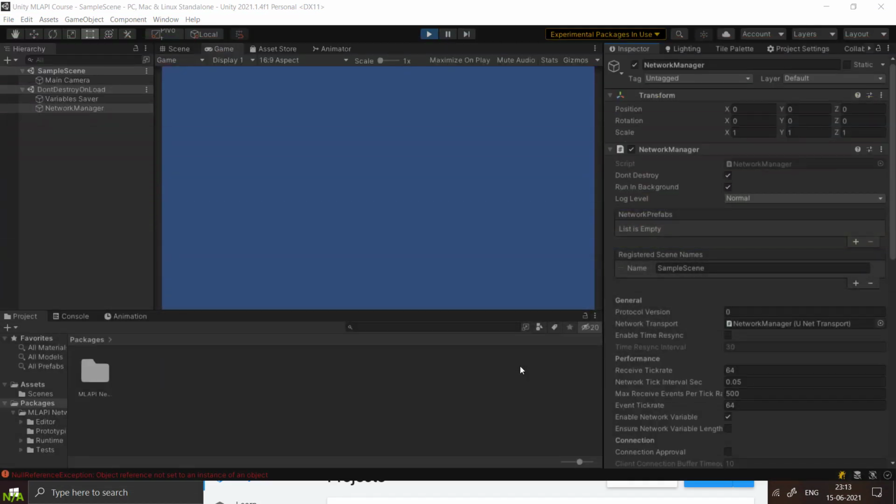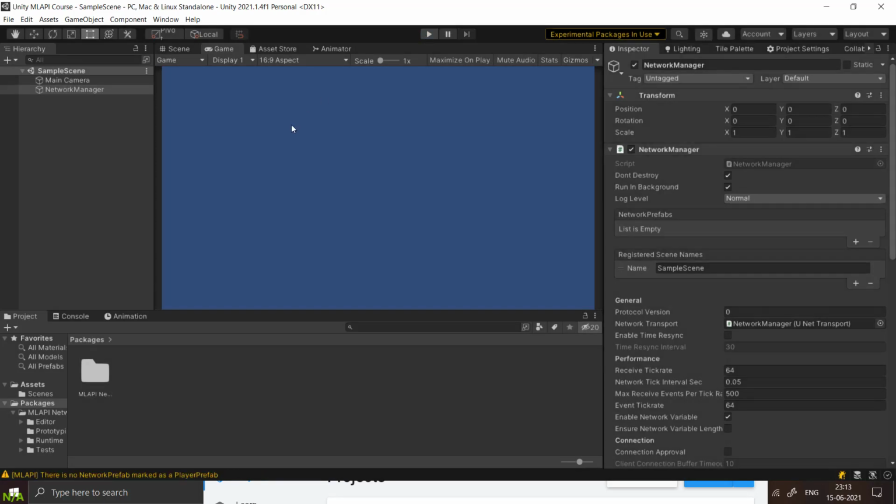In the last video I set up this network manager, and if you have followed the tutorials carefully, you would have all the details about the network manager as well as MLAPI. So let's get started. This is a 2D project, but you can do the same thing with a 3D project. Nothing changes, as if you have experience in Unity, you know that in-depth 2D and 3D projects are just the same, except for some things, and those things don't include MLAPI networking at all.